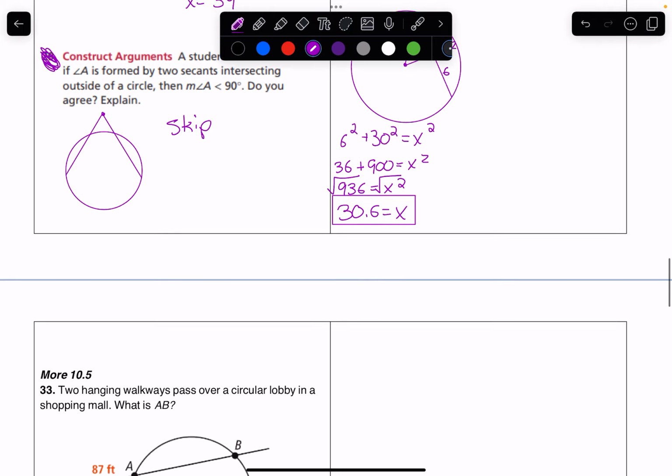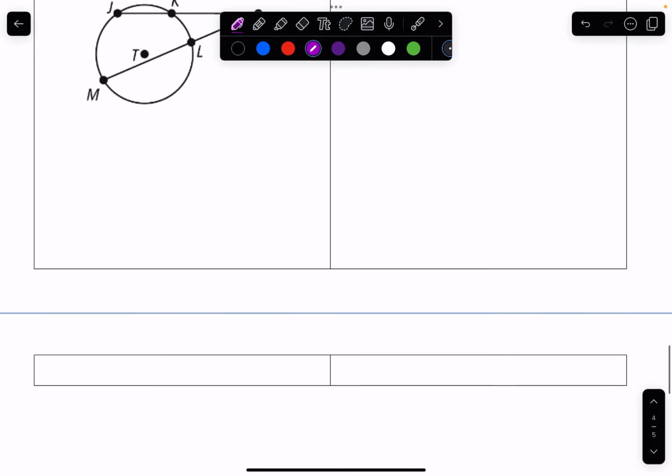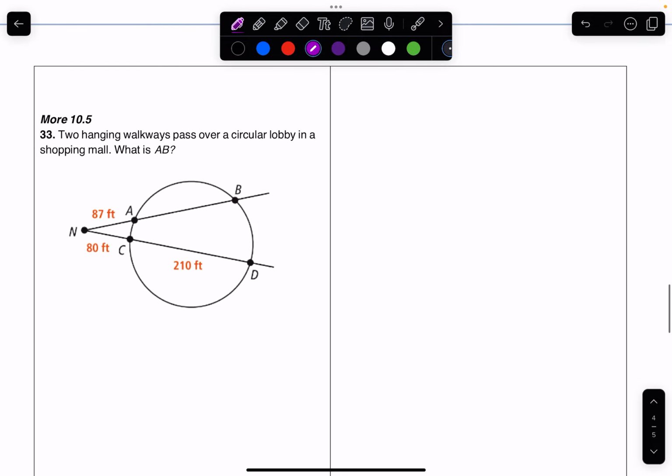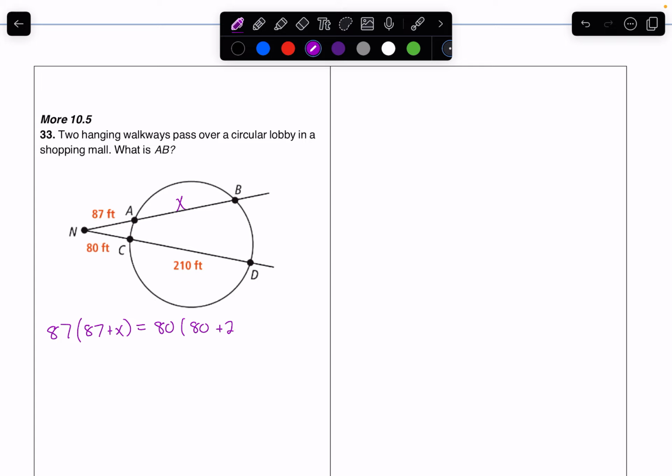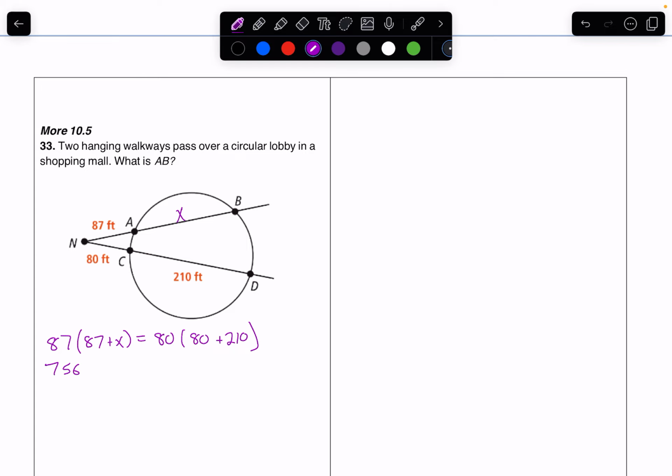Number 33, 33 and 34 are our last ones on here. Number 33, two hanging walkways pass over a circular lobby in a shopping mall. What is AB? This is a secant segment situation where one piece of the secant, 87, multiplied by the whole secant, 87 plus x, is equal to one piece of the secant, 80, multiplied by the whole secant, 80 plus 210. So we've got 87 times 87, 7,569 plus 87x equals